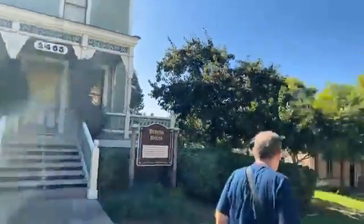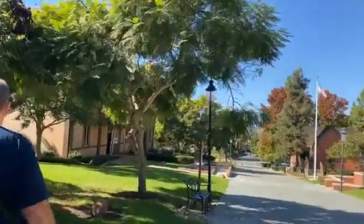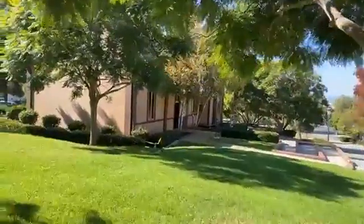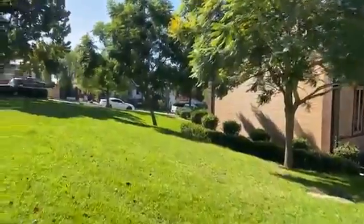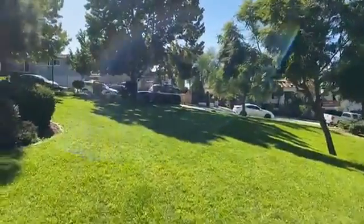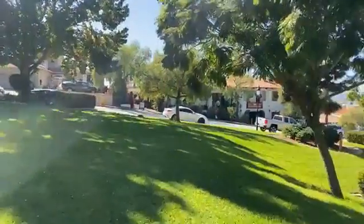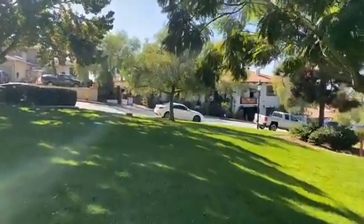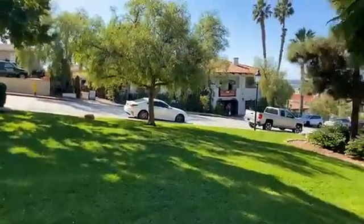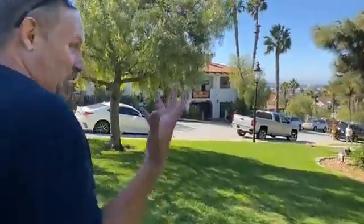So let's go this way. We're going to cut across the lawn here. We have two really interesting things left to show you. We're going to talk to you about the Whaley House, which was voted the most haunted house in America by Travel and Leisure magazine. And then we're also going to end over by the El Campo Santo Cemetery, the second oldest cemetery